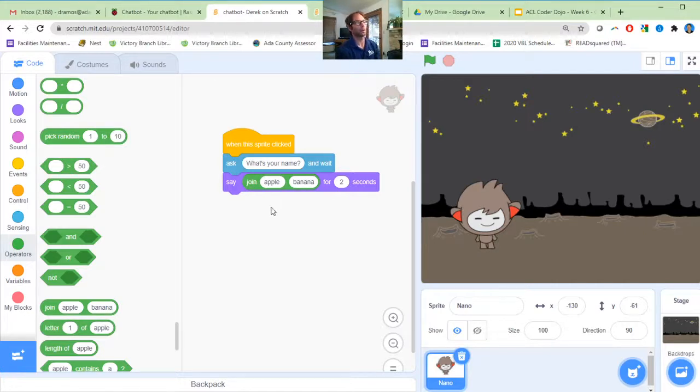And then right now it has apple and banana in there. We definitely don't want that, right? So let's type over the apple, so it's highlighted in blue, and you can hit delete, and we're going to type in hi instead. Hit enter. Okay. Now it says hi banana for 2 seconds. Not quite what we want either. So what we can do here